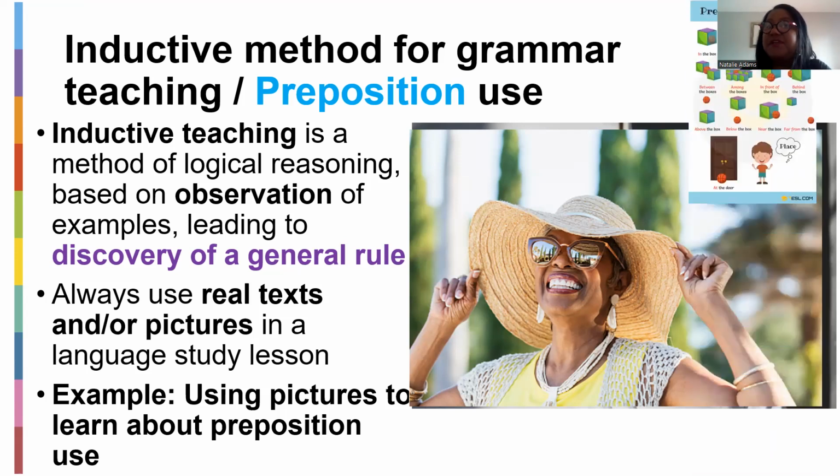Here's a very good example that you can also use. It's a pity it's not bigger, but this is a box, prepositions of place. You have a box and then you have a ball. In the first picture, the ball is in the box. Then the ball is on the box. Then the ball is under the box, and then the ball is next to the box, etc. Can you see how visuals can play an important role when teaching these preposition activities? Because this is how they're actually going to learn it and remember it.